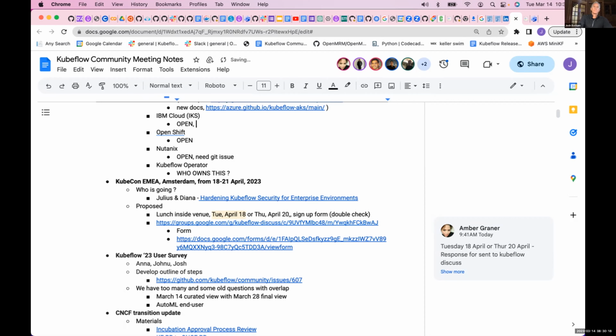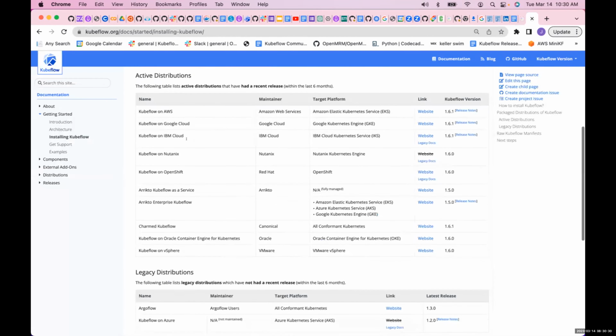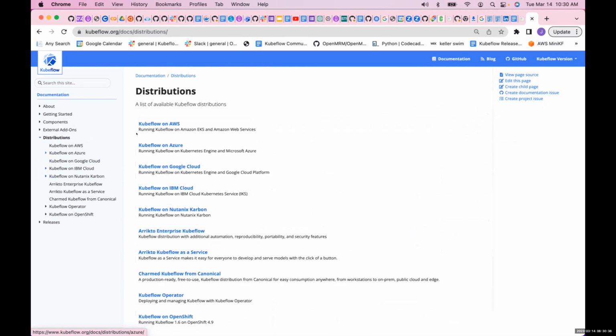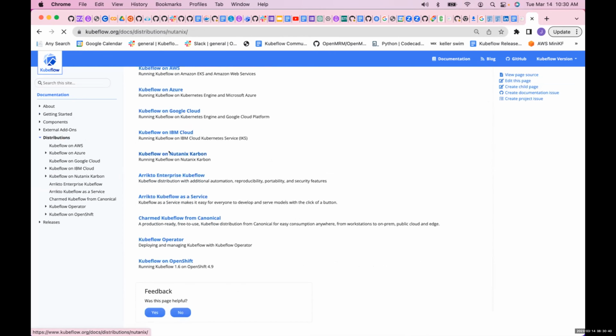Okay, and to be clear, what are you actually proposing to change for Nutanix? Only the website migration. Whatever docs we have, we are going to move to a new site. That's cool, yeah.